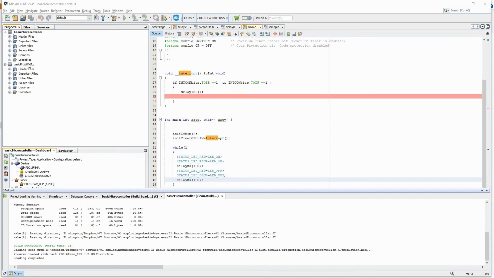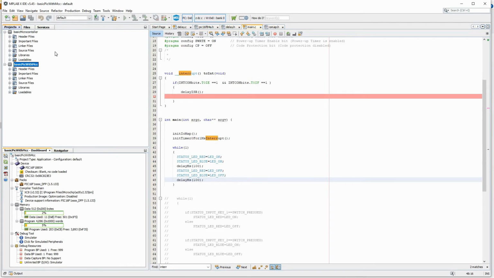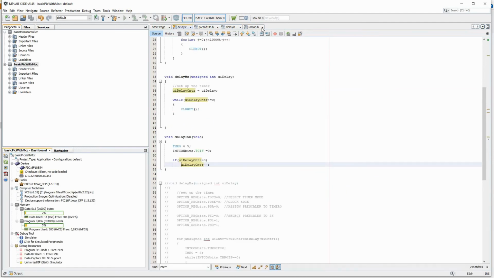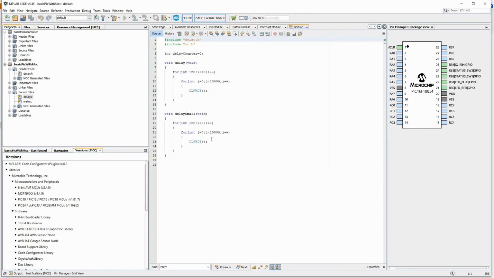Okay, now let's see how we can do it with Microchip Code Configurator. Let me set this as the main project now, and launch MCC. Let me close all these files for the PIC16F84 projects. If you come to project, let's open the source files here. Header file, this delay is something which we had written last time. Now let's write the delay how we had written in the PIC84, but only thing is we'll use the Code Configurator.